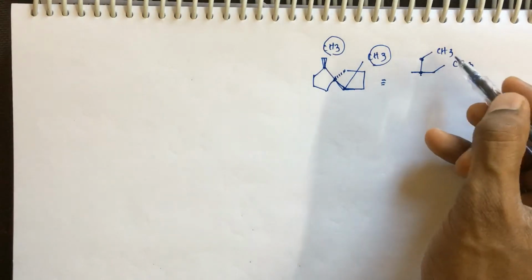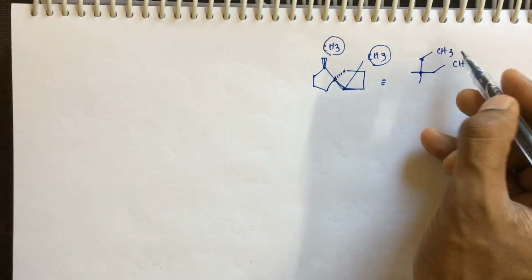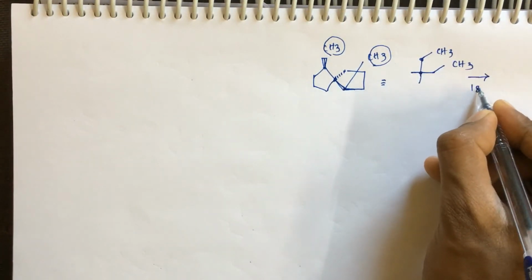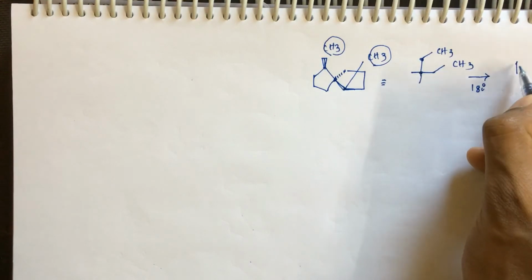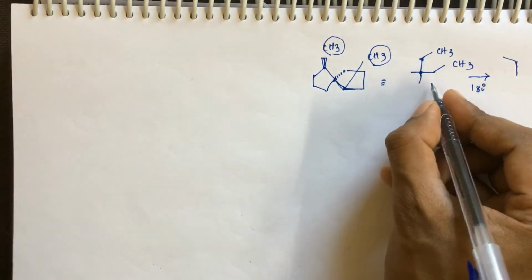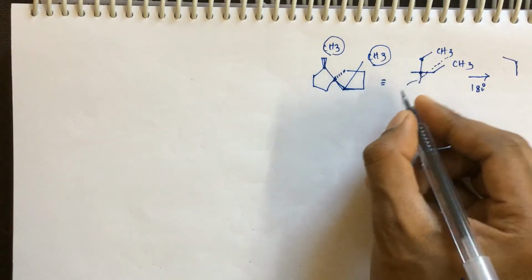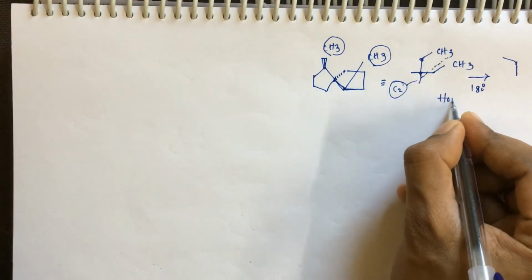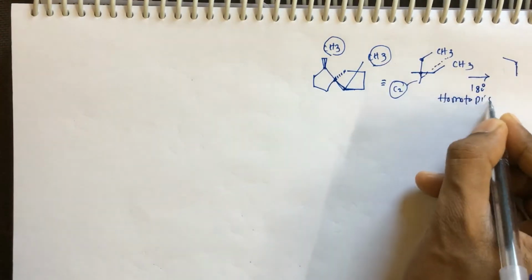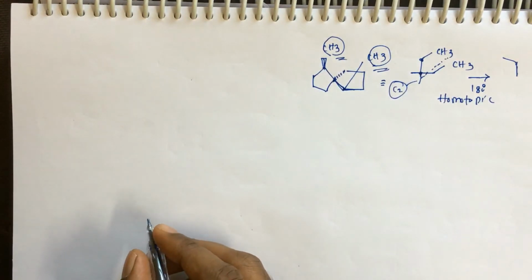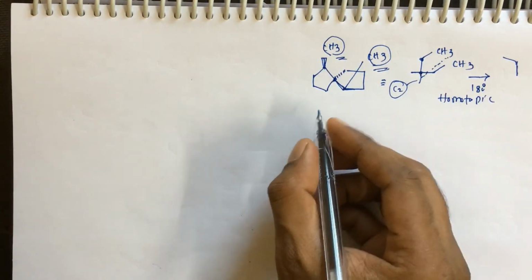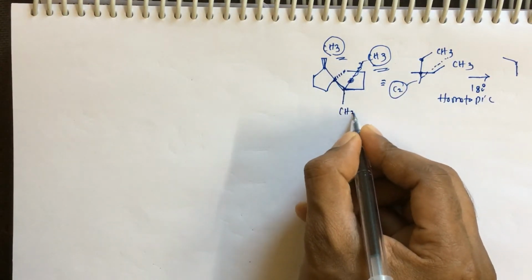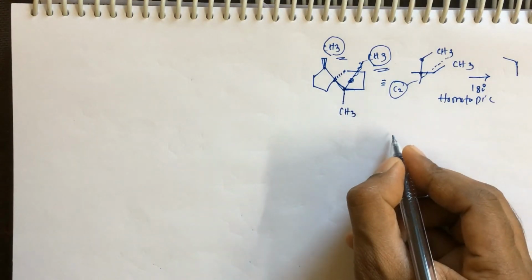If you apply the symmetry criteria for this, if you rotate it by 180 degrees, we will have a C2 axis of symmetry here, this way. When a C2 axis of symmetry is there, that comes out to be homotopic. So here these two methyl groups are homotopic in nature. And instead of above, if it is below, it now comes out like this: